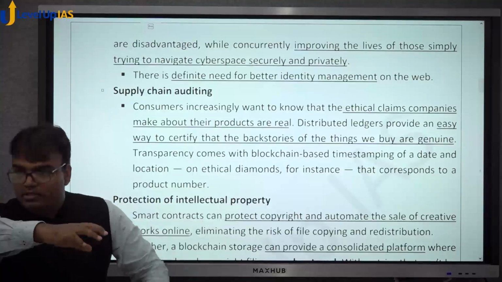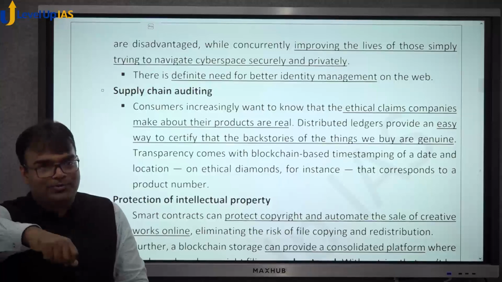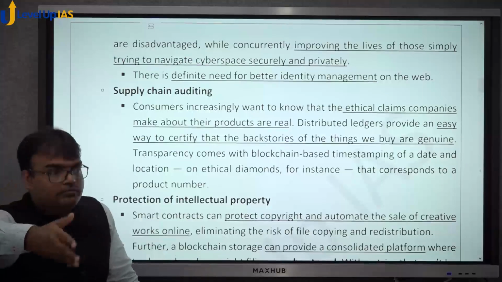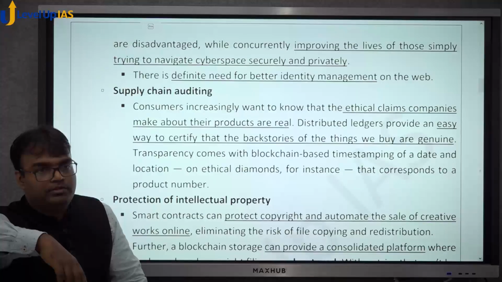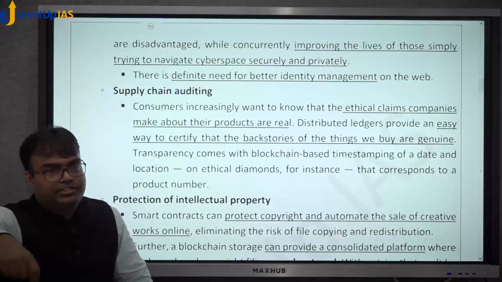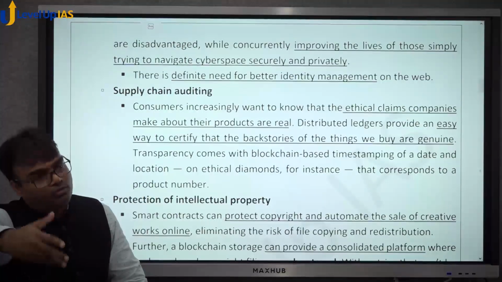Or is that farmer an unorganic farmer? अगर वो ऑर्गेनिक फार्मर नहीं है तो आखिरी में एप्पल ऑर्गेनिक कैसे हो गया? तो even for supply chain auditing blockchain could be used because we have all the previous transaction details. Okay,